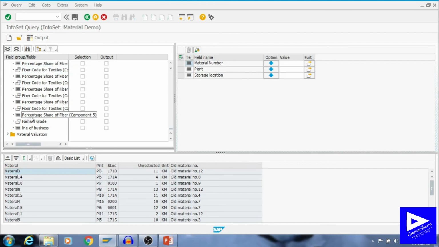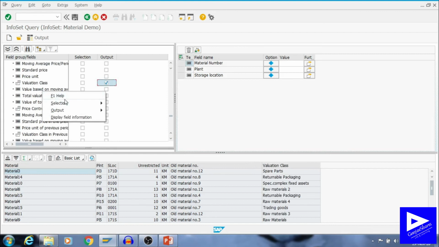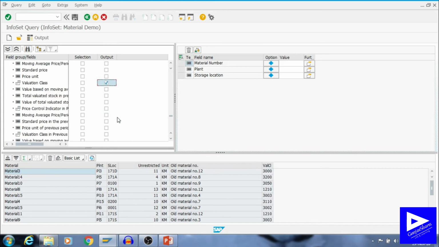Right, now what we require is valuation class. Valuation class again is filled with text, so we require only value here, not the text. Right, this is the thing which we require here.